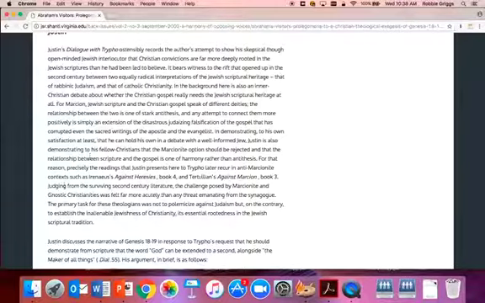But then he also notes a feature that's in the background here, which is Gnostic Christianity. And he makes the point that the primary task for these theologians was not to polemicize against Judaism, but on the contrary, to establish the inalienable Jewishness of Christianity, its essential rootedness in the Jewish scriptural tradition. So in Justin's dialogue with Trypho, who is a Jew, he's not trying to say that Christianity is not Jewish. He's trying to say that Christianity is in some respects the fulfillment of Judaism.